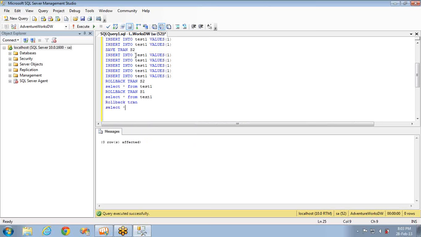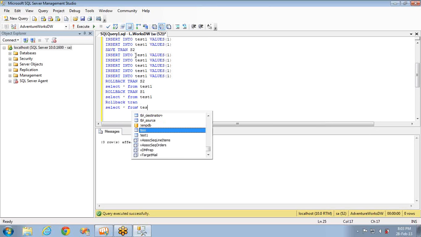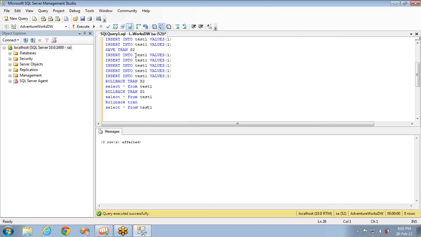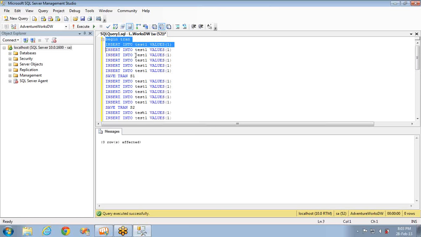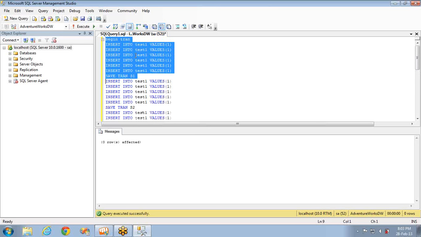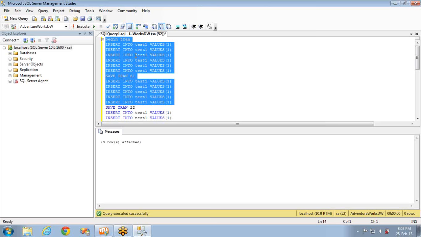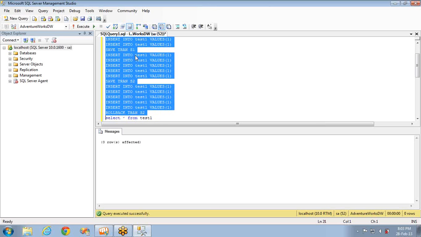Again I'm selecting the data to see what is present in the table now. So first it will insert 6 records. It will save as save point S1, and then insert 5 more records and save as save point S2, and again insert 5 records. In total it will have 16 records at this point of time.